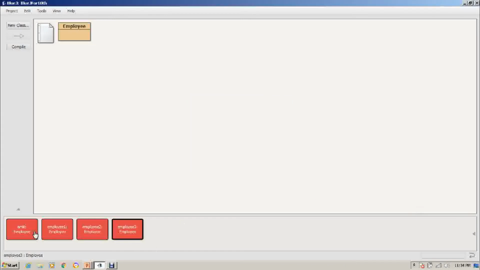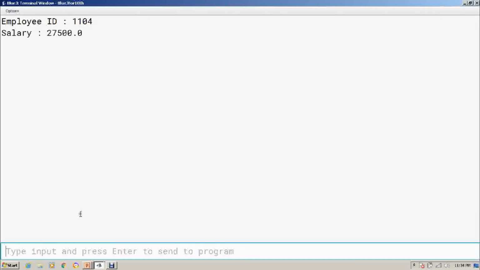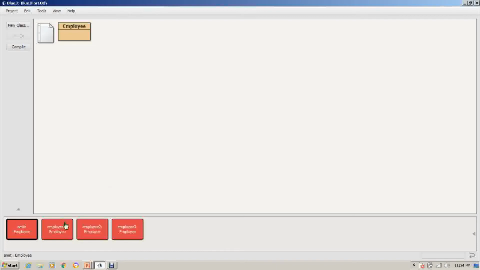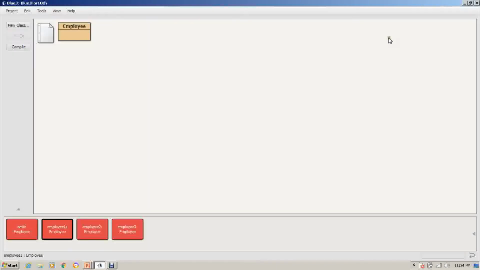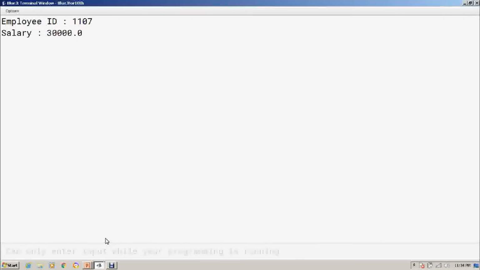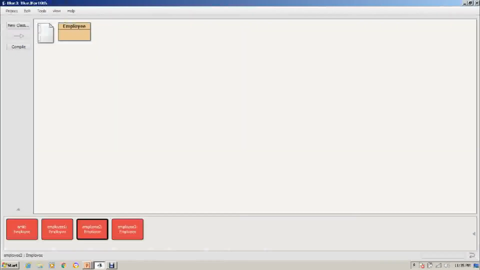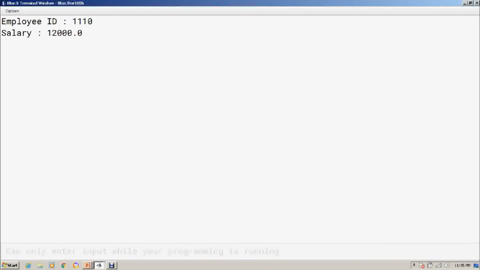Now if you click on the show detail method of different objects, definitely you will get different employee IDs over there. Now I have provided different salaries, but of course salary can be the same. Well, this is your program. Even if you provide the same ID, it will work. It's not like if you provide the same ID, it won't work. But what I want is that the employee ID should be unique, so definitely I will not provide the same employee ID to 2 different employees. So different employee ID each object is having.